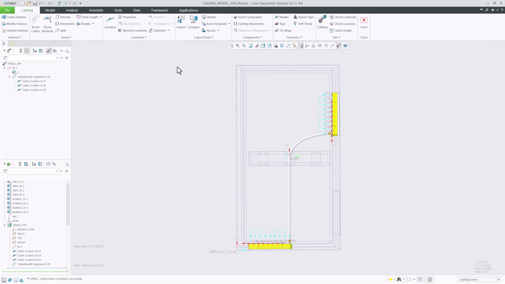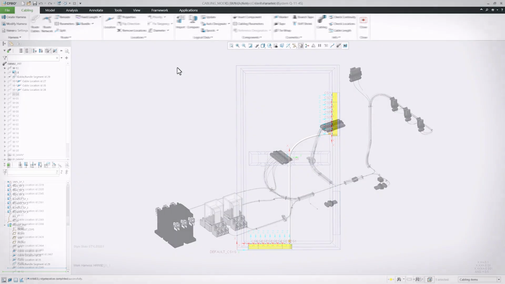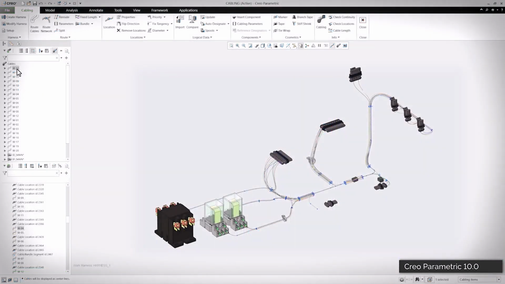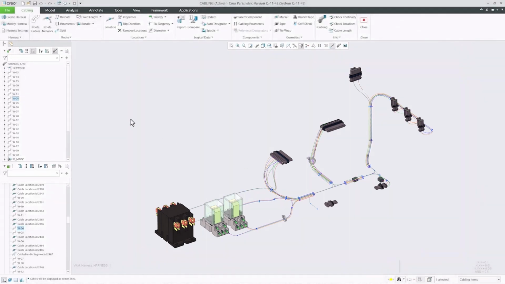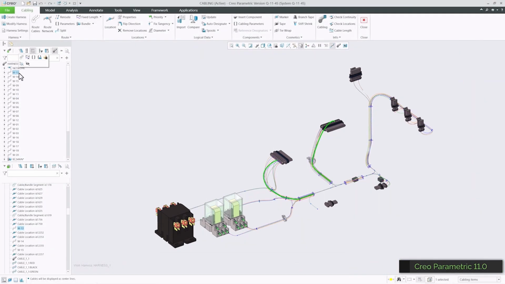Finally, we have improved selection and pre-highlight visibility in the graphics for all cabling entities. Previously, selection of segments, wires, and location points only affected their color. This made it hard to see what we had selected in the graphics, especially when cables had different spool colors applied to them. We have made the selected entities' widths bigger in Creo 11 to match similar selection in other